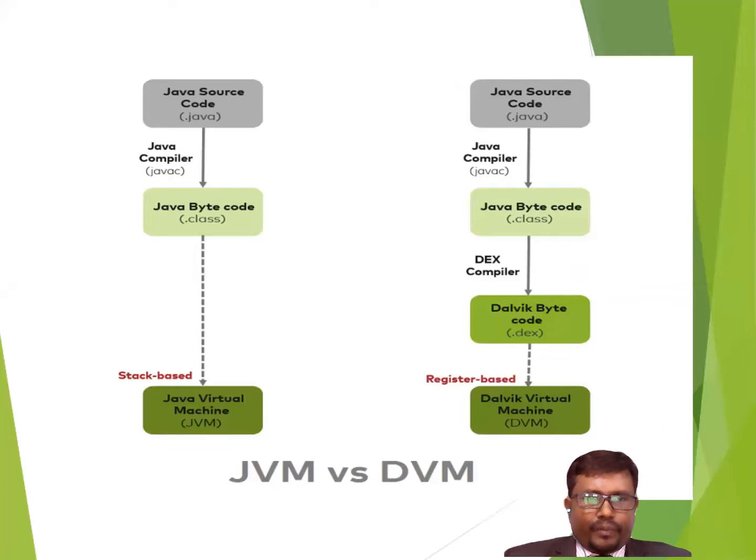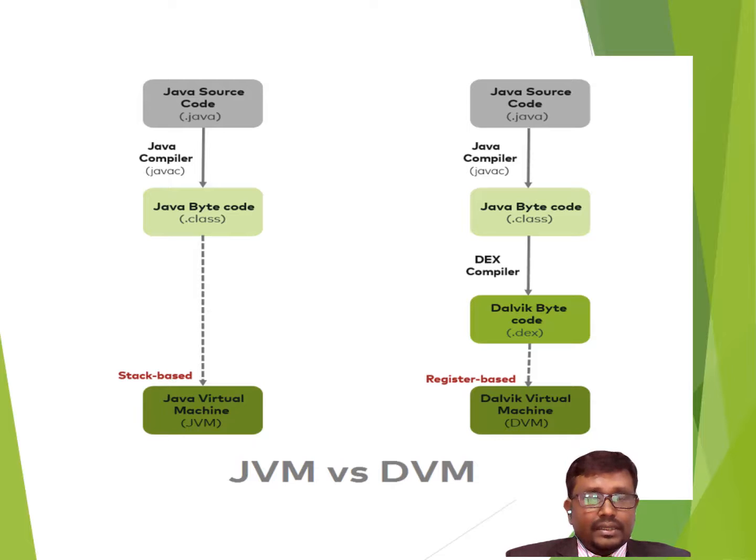Here you can see the code, right? The code that we are giving. So here you can see the way this Java is working. Okay, so the Java source code, whatever code that we are typing over here, will be compiled and then converted into a class file, that is Java bytecode. So now this Java class file is a universal file. It is not environment oriented. That is why we call Java platform independent. So now this object code is universal. It can be executed in any programming environment, right?